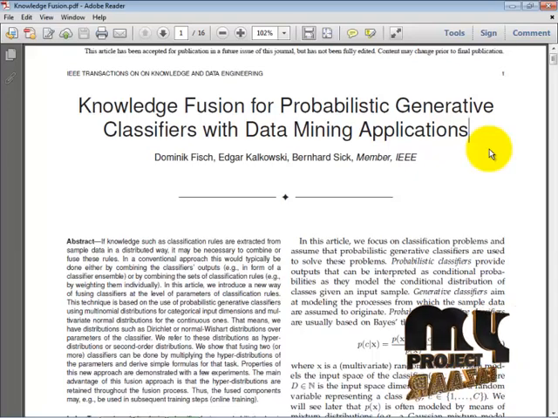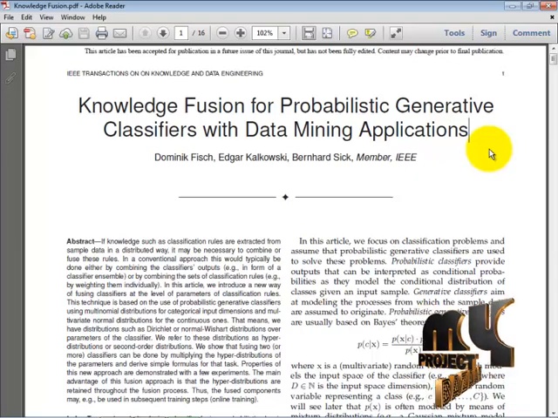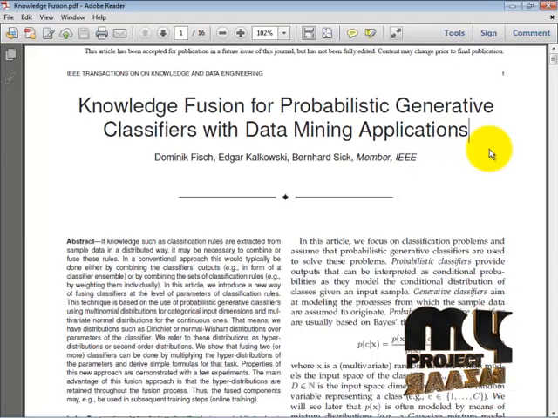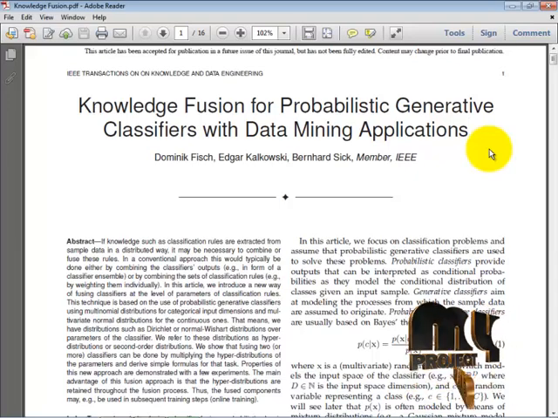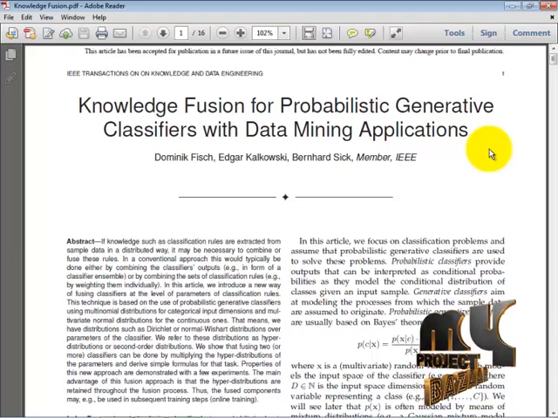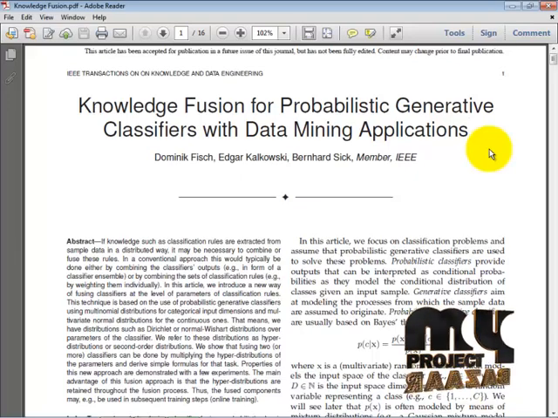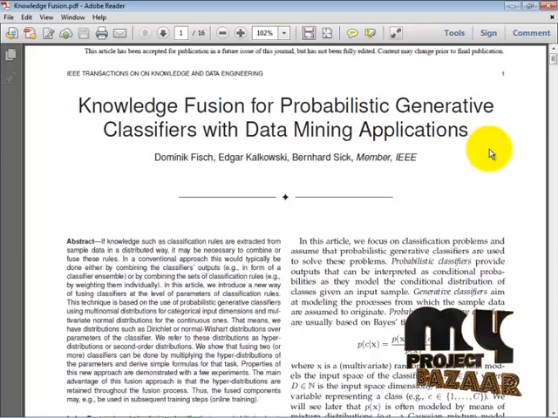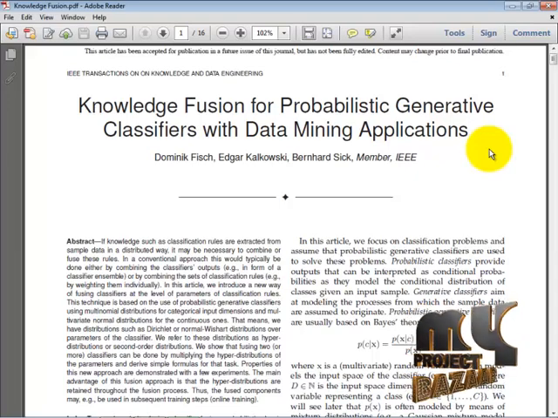We introduce a new fusion classifier at the level of parameters of the classification rule. This technique is based on the use of a probabilistic generative classifier, using a multinomial distribution for categorical input dimensions and a multivariate normal distribution for the continuous ones. That is, we are classifying the data based on probability, and based on that probability we have a parametric value. With the parametric value we are going to fuse our data. The fusion is nothing but merging our classifications in a probabilistic manner.